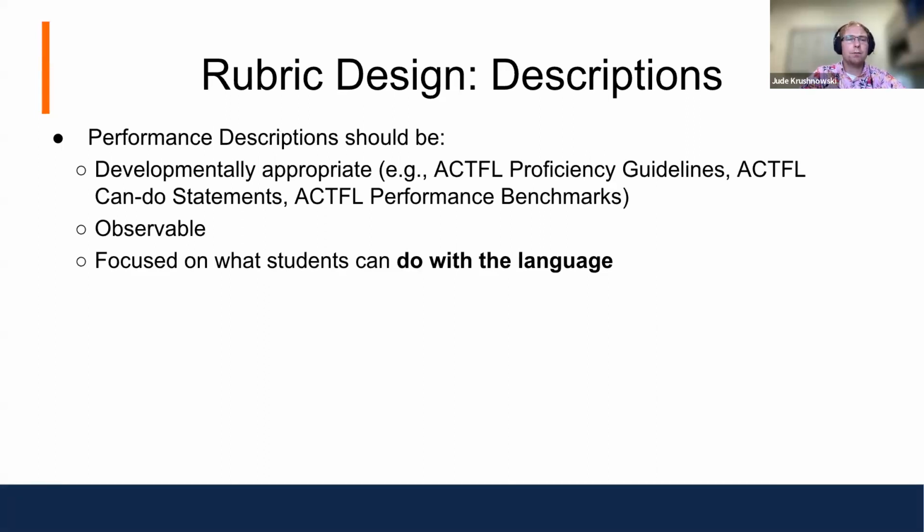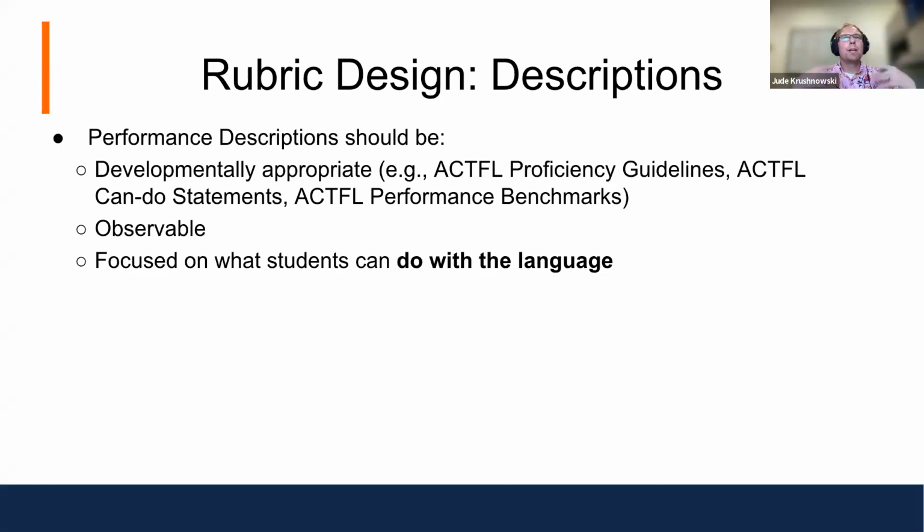Present on a topic, right? We want to make sure that we're talking about content that is within the student's ability level, right? Text type that's within the student's ability level. And so if they're presenting on a topic, we want to be mindful of what students can produce at the level that they're at, what students can talk about at the level that they're at,